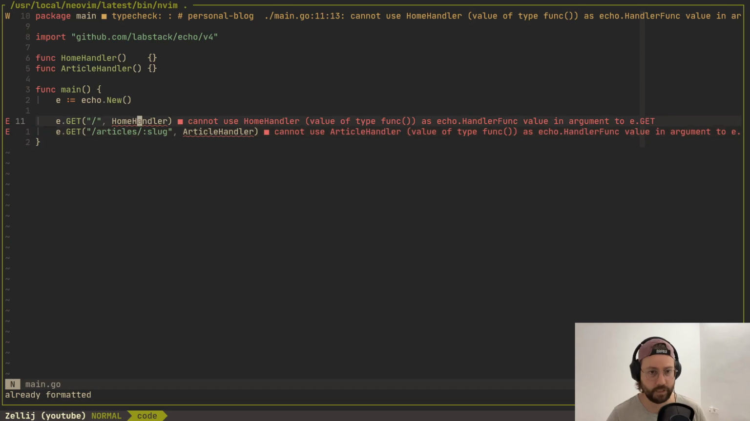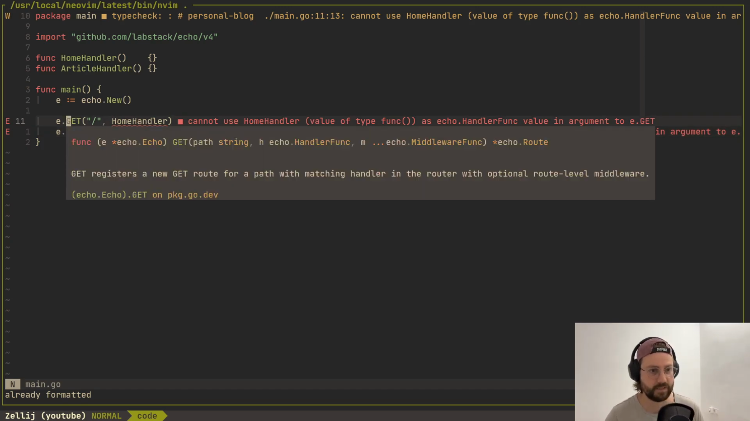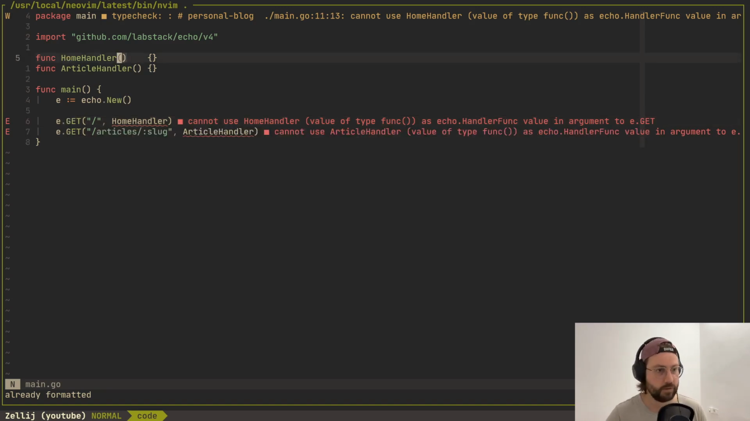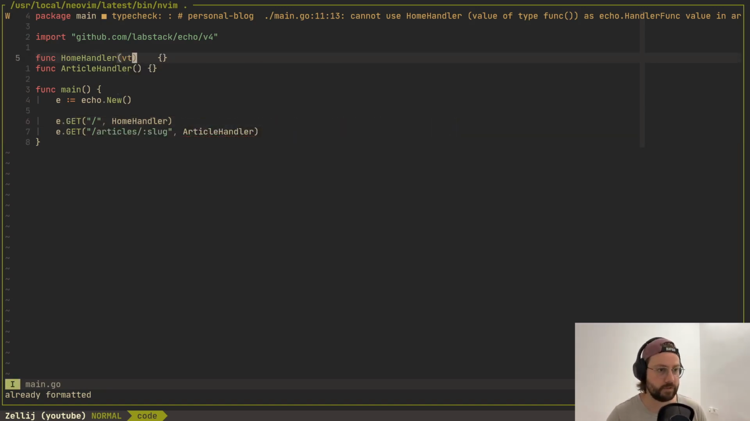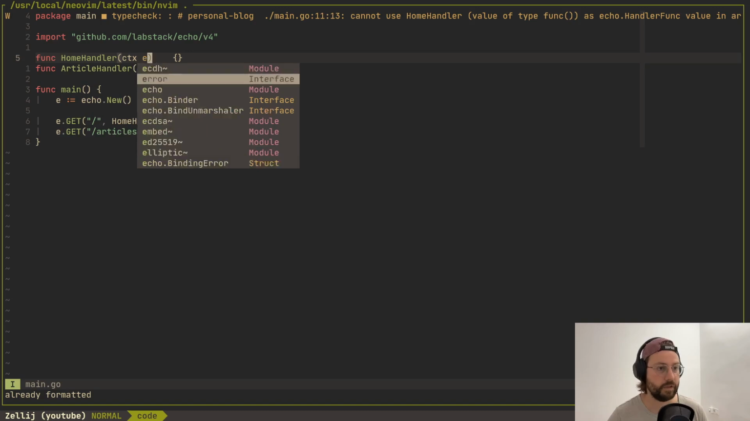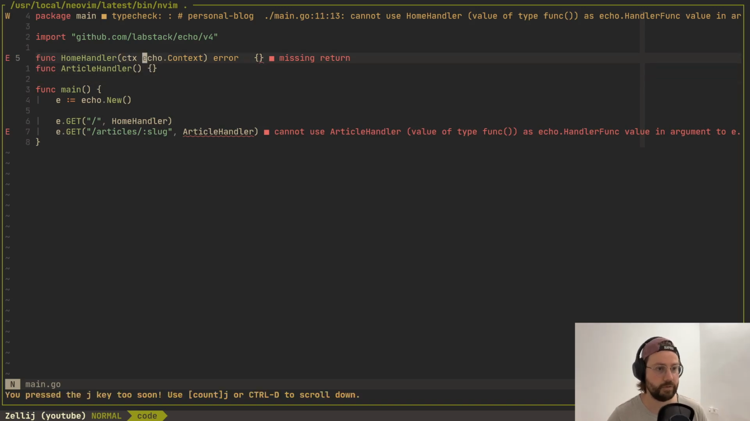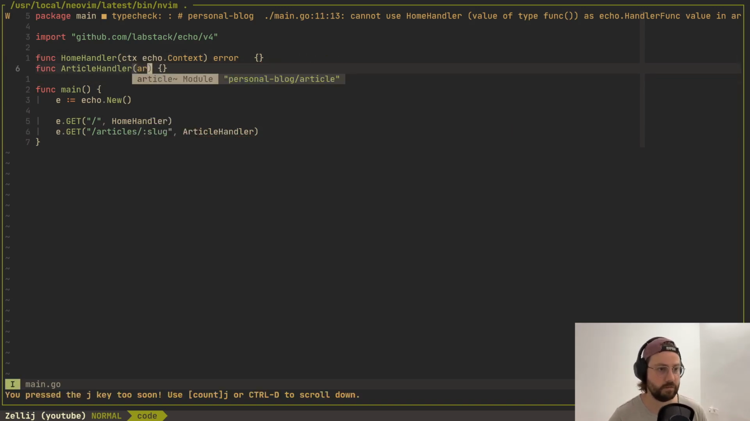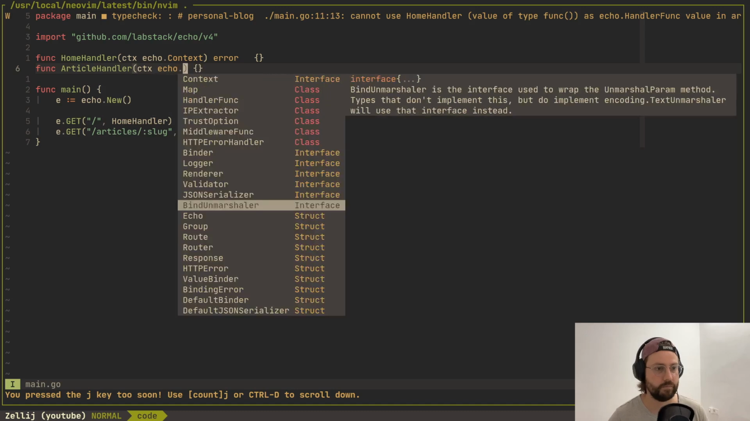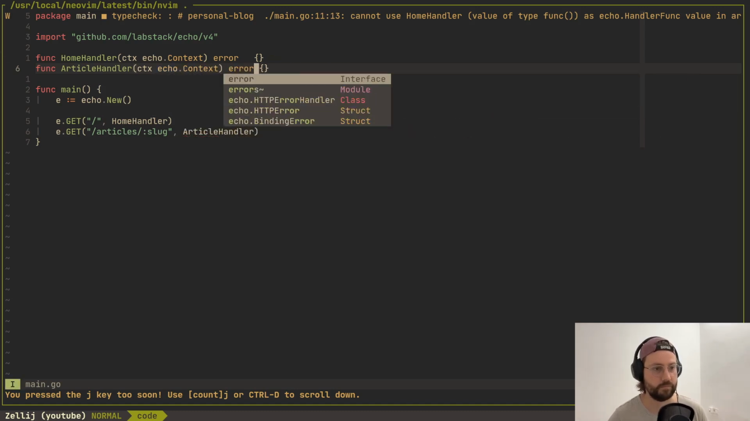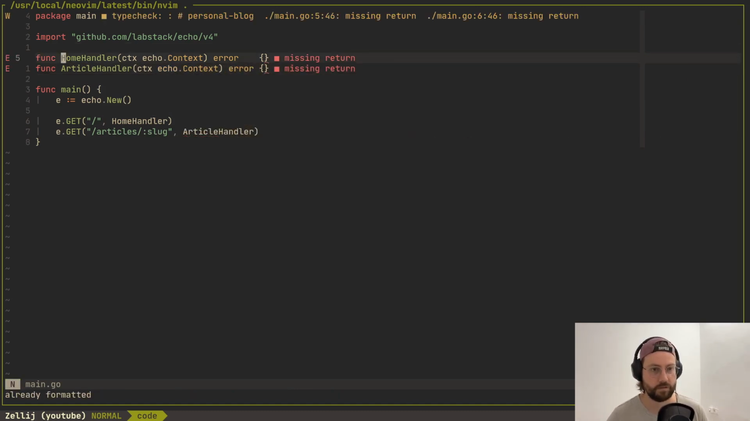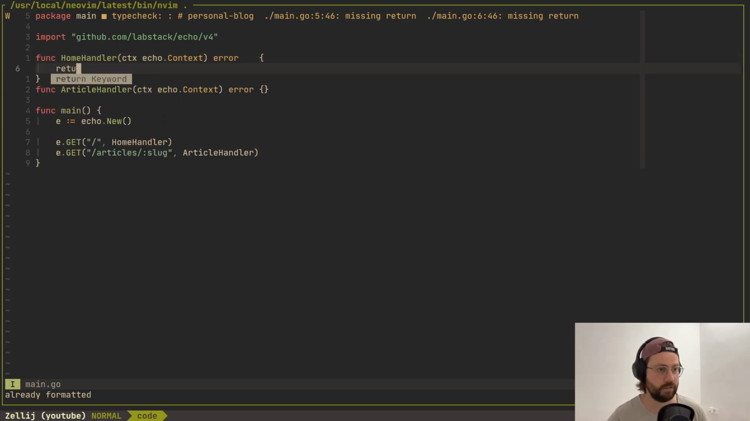And it's complaining because we are not fulfilling the interface that it expects. It expects an echo handler func. So we simply just need to make it accept an echo context, and it needs to return an error. We need to do the same for our article handler. Great. And now we can say return home render,